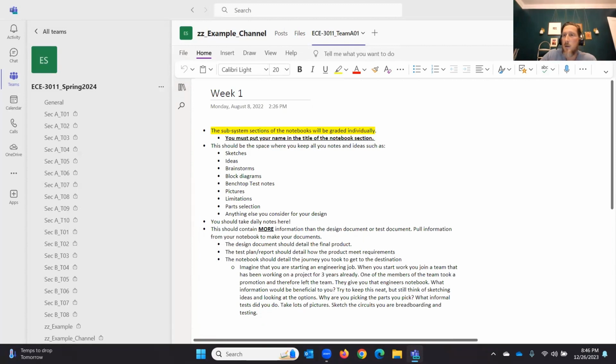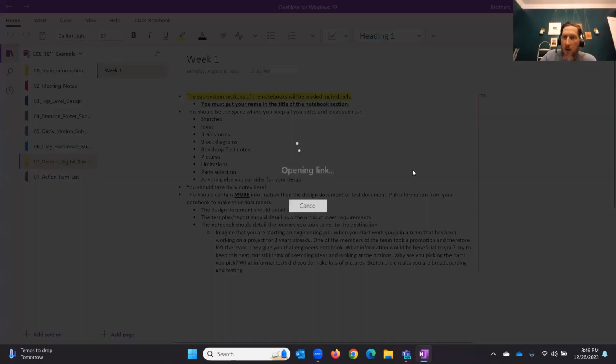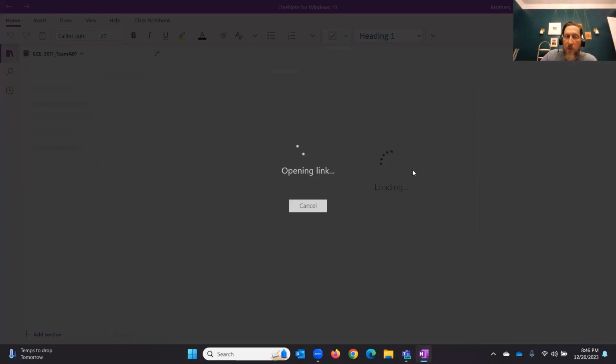And once you're here, you can always go and edit it, open it in the desktop application. In doing this, I always have my notebook in the background running whenever I'm doing work. That way I am able to capture screenshots and upload them to the Microsoft OneNote notebook. And it's updating everything, but that's how it